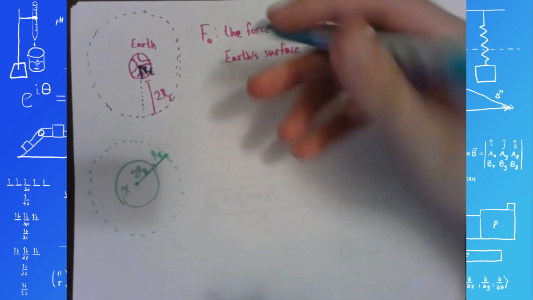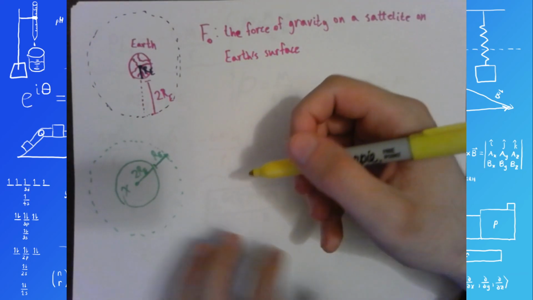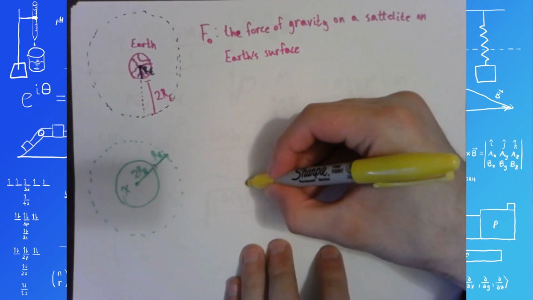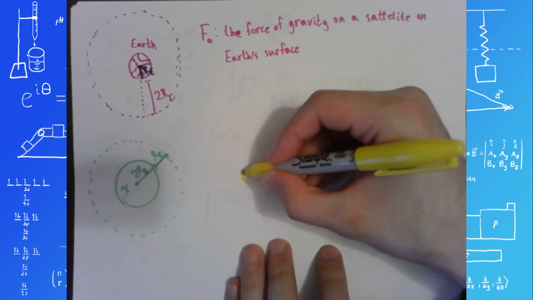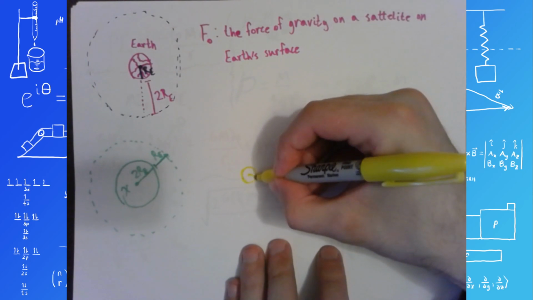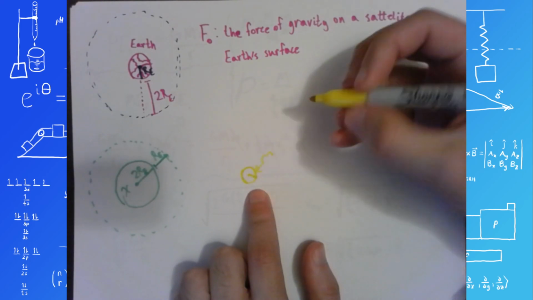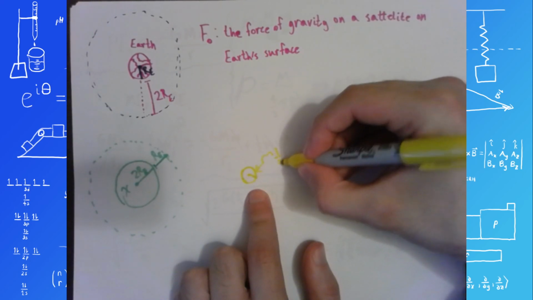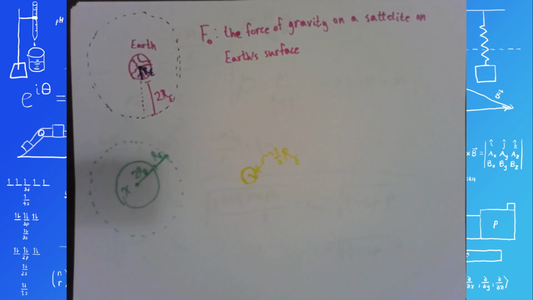So if I make planet Y, and let's do it in a different color also just to keep it distinct. Let's say I make planet Y half as big as Earth, so, well, not half as big, but half as much of a radius. I guess something like that. And then that radius is going to be 1/2 radius of Earth. And let's say we put the satellite on the surface of planet Y,